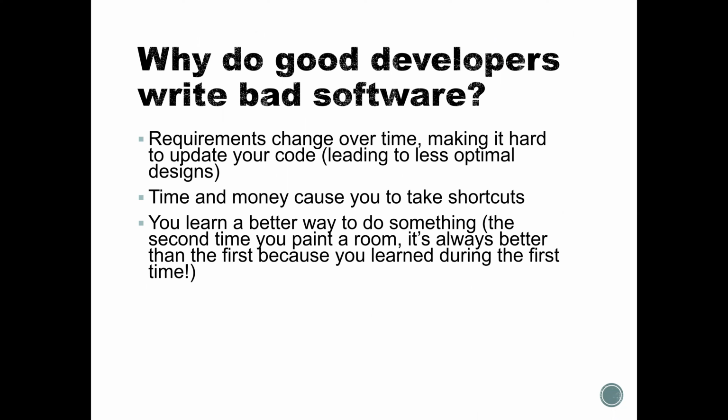So they are in a team. There may be very good developers who deliver the product or do their work before the deadline. But as the requirement changes over time, it is very hard to make changes or to update your own existing code which you have written, and this phenomenon can lead to a less optimal design. And once the design has been compromised, it turns out that the software which will be delivered to the customer